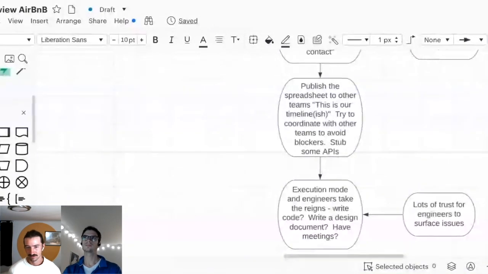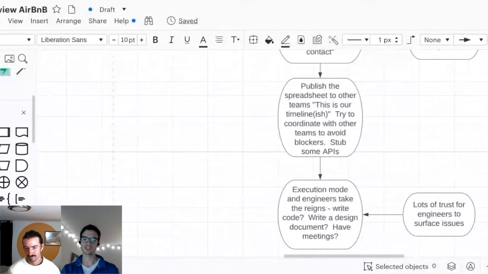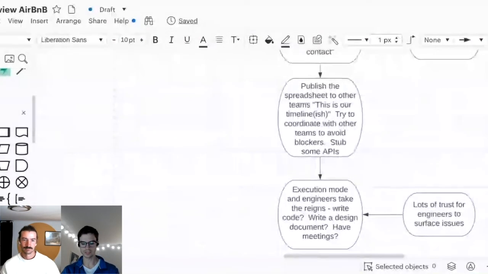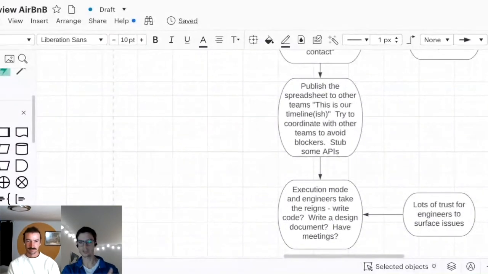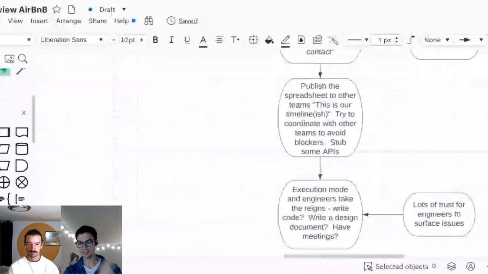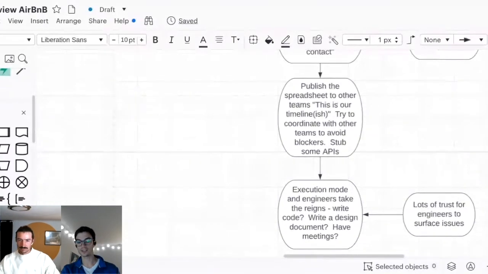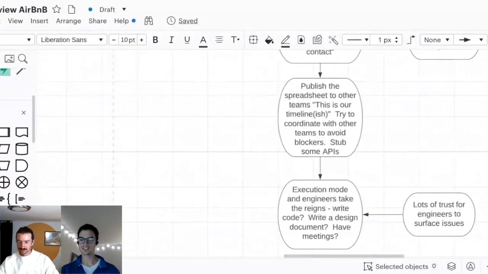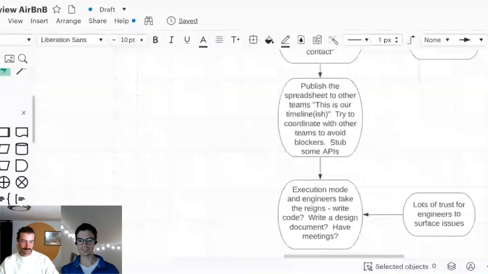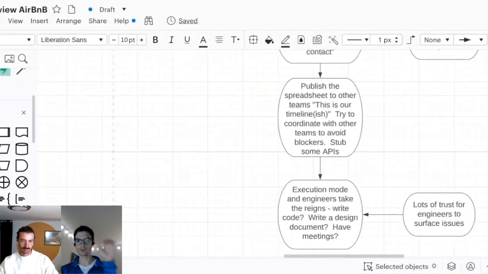Did you feel like the spreadsheet actually worked? So I guess things that would happen to me a lot in similar situations is I would get assigned, like you do the quarterly planning and you get assigned three projects to do. I would always start them all immediately because I wouldn't know what the pace was of any of them. Some of them would be done super fast. Some of them would take forever. I would just start them all immediately and have them go in parallel the whole quarter because that's just what ended up working well for me. But you really felt like going more week by week ended up being super effective.